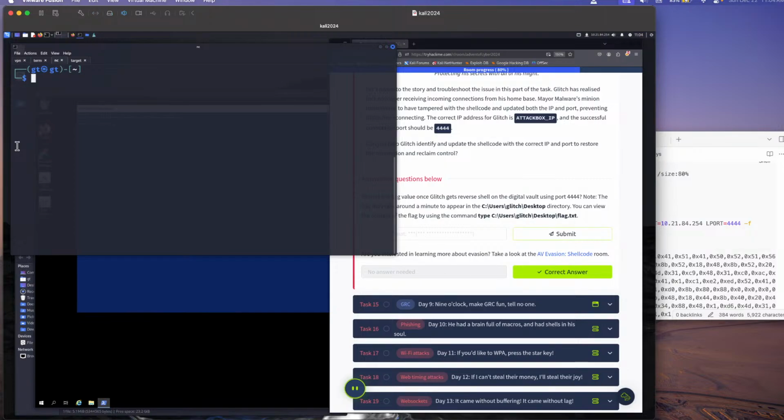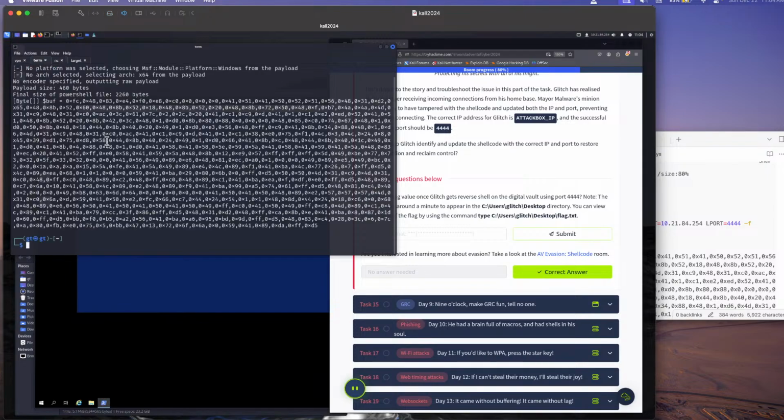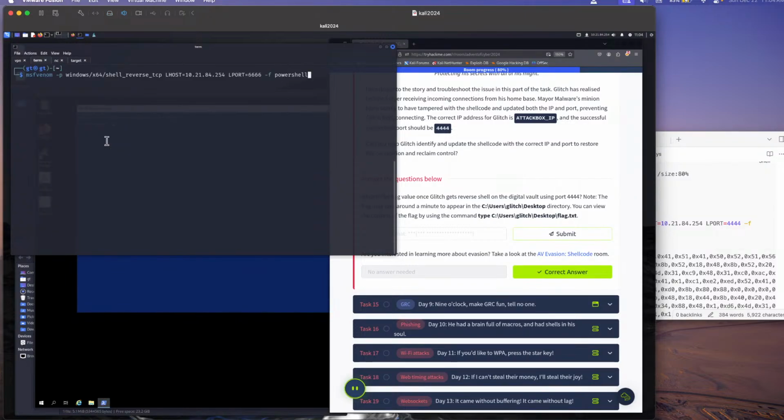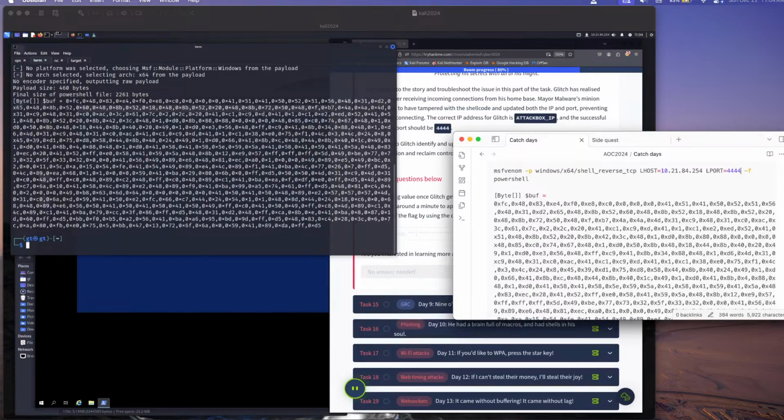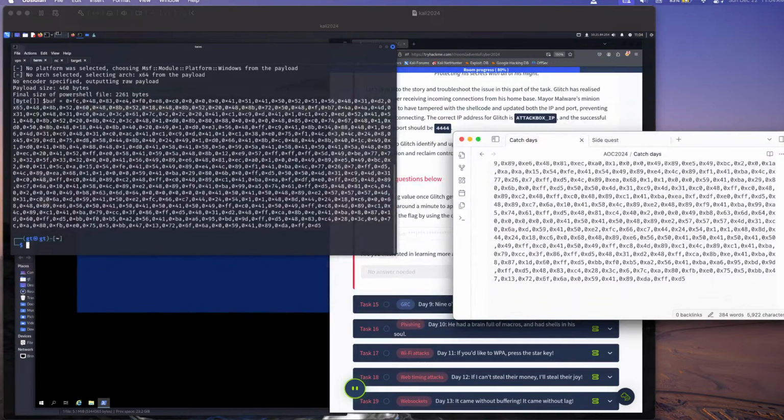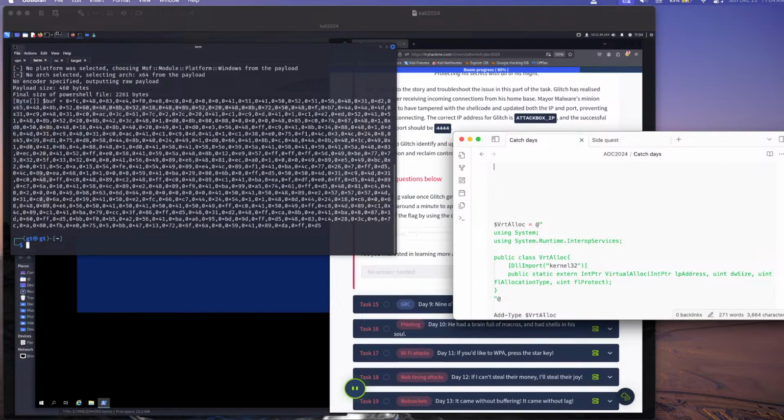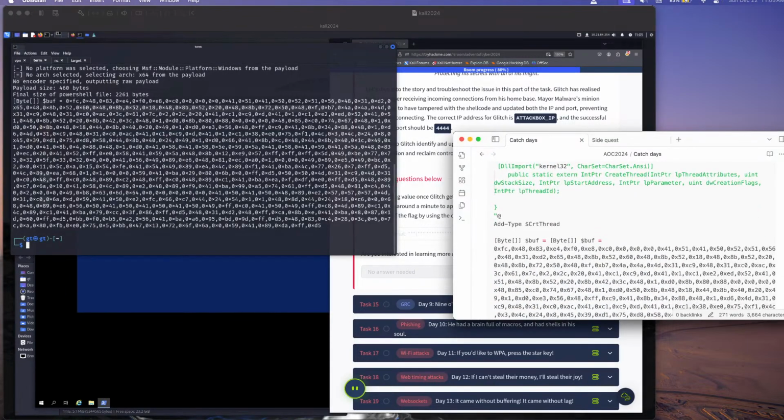I'm going to Control C this, and what is this? 6666. We want 4444. Maybe that's why I'm being detected. That's fine. We just have to change it from port 6666 to port 4444 right there. Let's see what comes out. So we're going to delete you, and we are going to delete you, and also